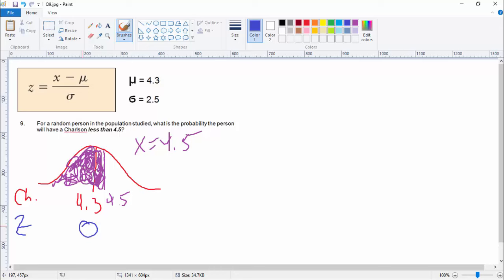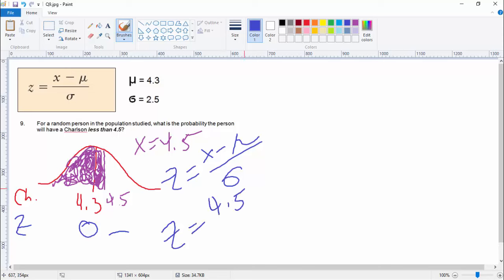Okay, so let's move on to the next step, which is calculating what is the z-score for 4.5. And we have our z formula, we have all our ingredients. Let's just set it up here. Of course, I always have to rewrite it because otherwise I go crazy. Over standard deviation, so let's just fill it all in. Z equals, so x is 4.5 minus 4.3, and then this is all going to be over our old friend 2.5, and then now we're going to get our magic z, and our magic z is